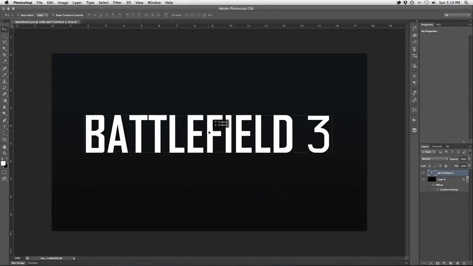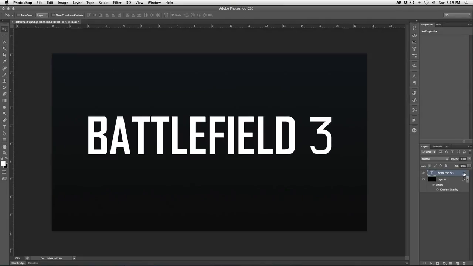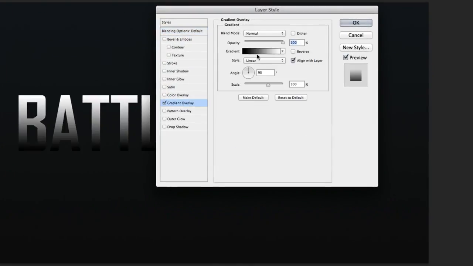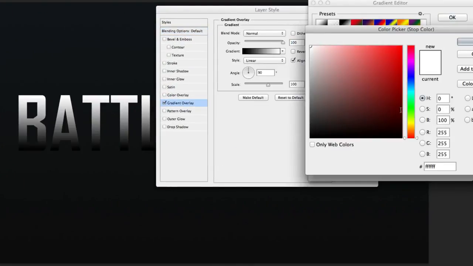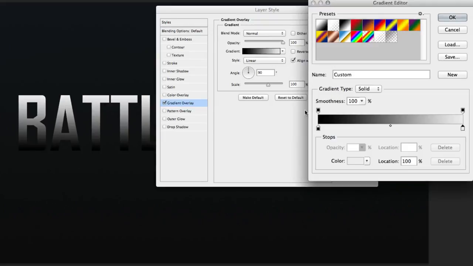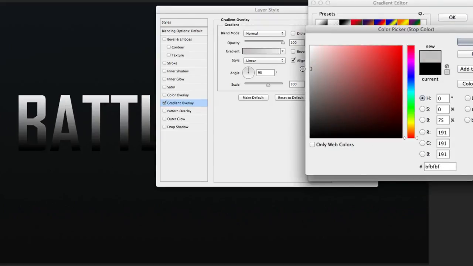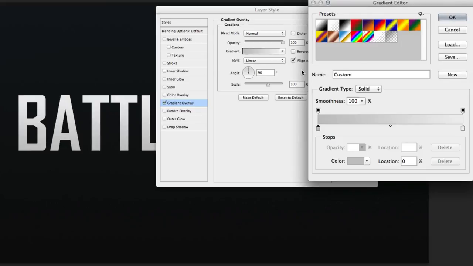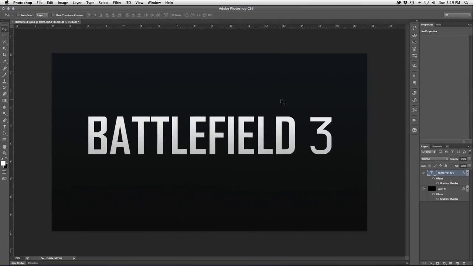Now that our text is ready to go, let's add a very subtle gradient overlay. The top color, which is on the right of the gradient bar, will be a very light gray. And then the bottom color will be slightly darker than the top. Perfect. At this point, we need to add a canvas type texture to the text, which can be done in